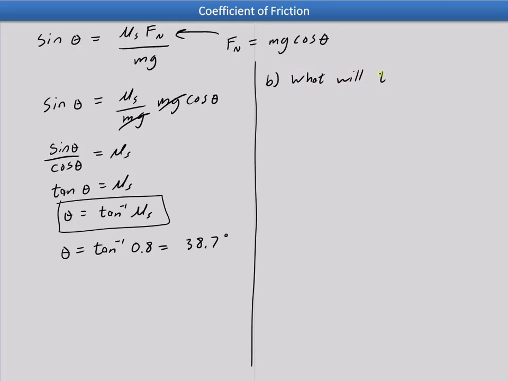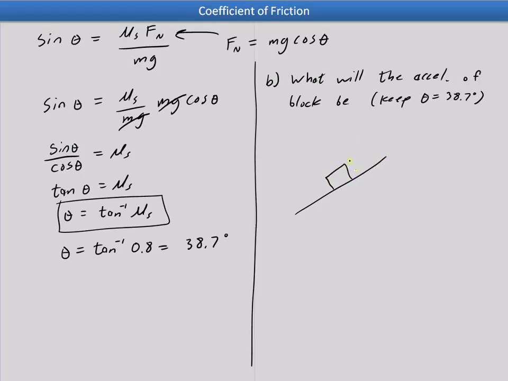Question is, what will the acceleration of the block be? So we'll assume that we keep theta at the same angle. Okay, and the tiniest disturbance would make this block start sliding, and once it is sliding, it's going to keep sliding, because the coefficient of kinetic friction is less than the coefficient of static friction. In fact, that means it's not going to just be sliding at constant velocity, it's going to be speeding up, it's going to accelerate. So if we drew a free body diagram,